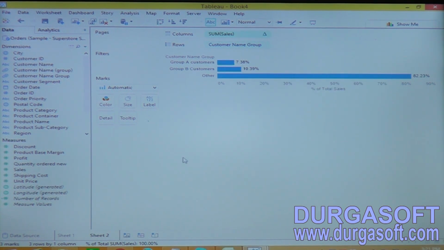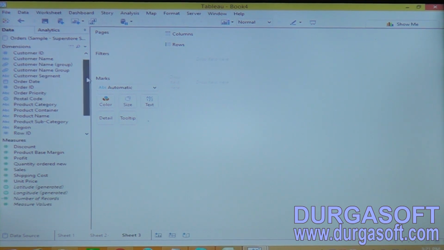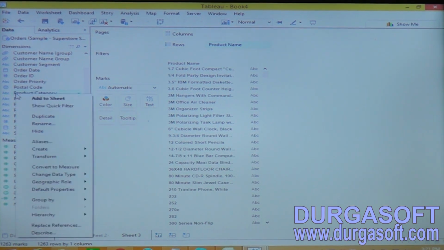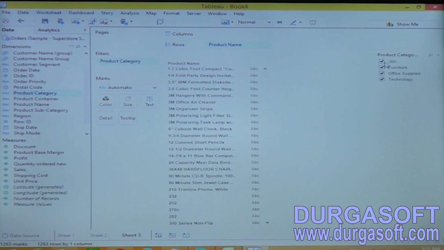Now see, one more thing. I have a product name, in that I have a product category. Click on show filter. Now I am creating a group for the product category wise names.